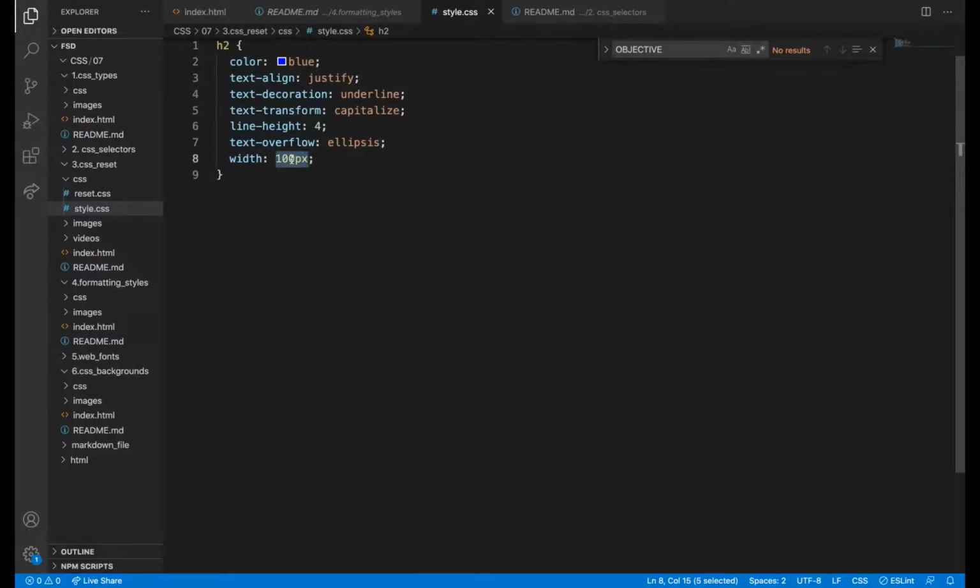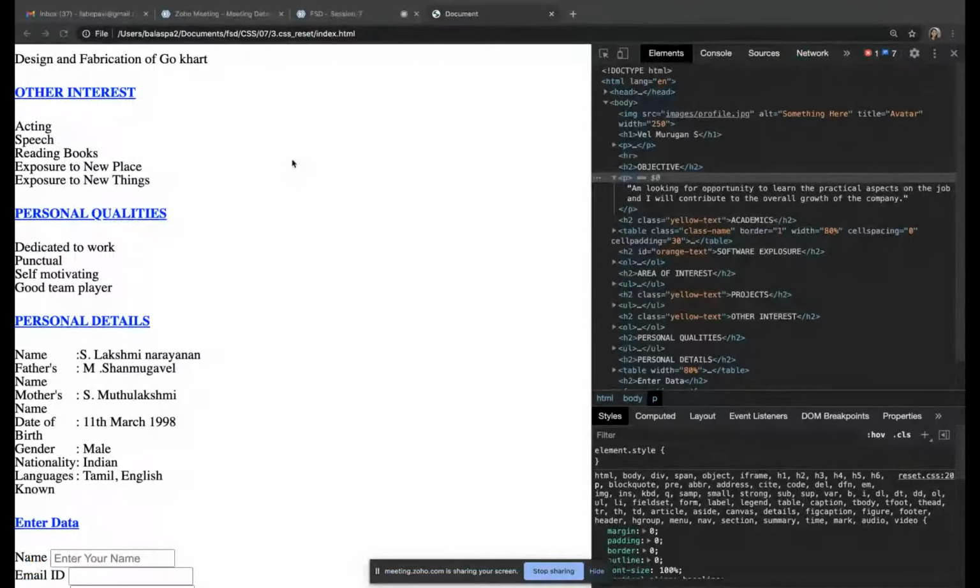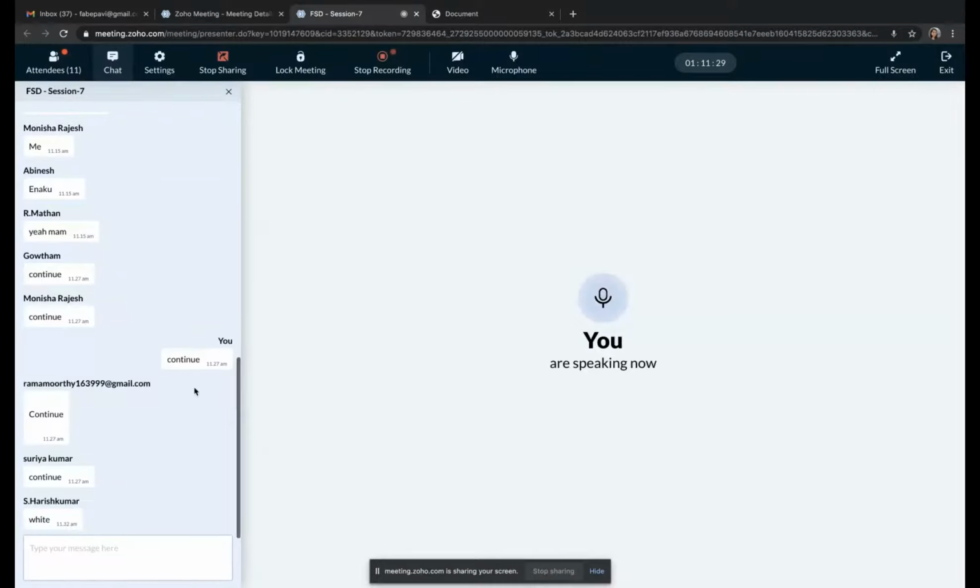What ellipsis is, it will add 3 dots after the specified width. Why is it not applied? Am I doing anything wrong?